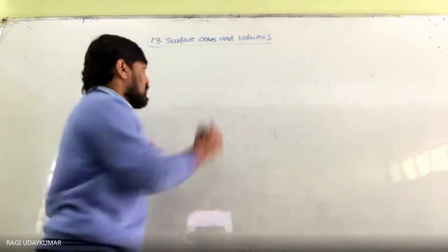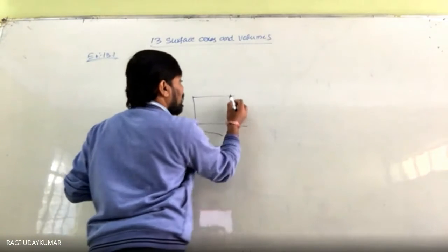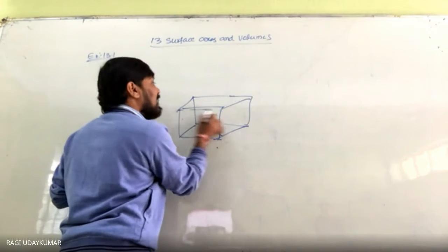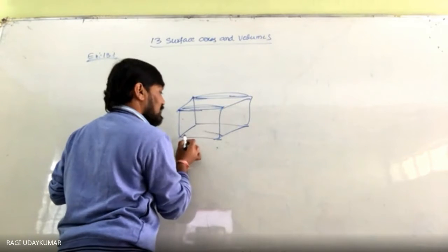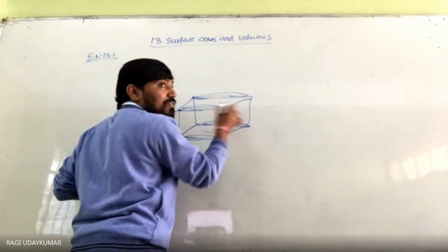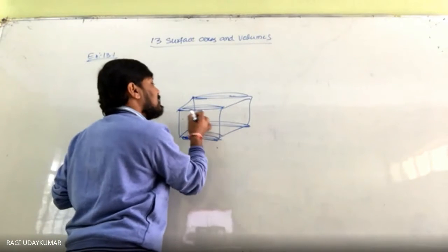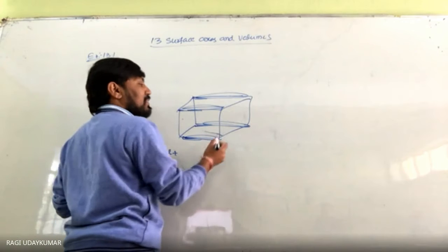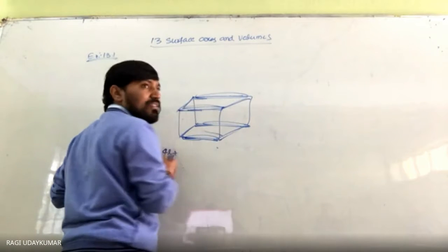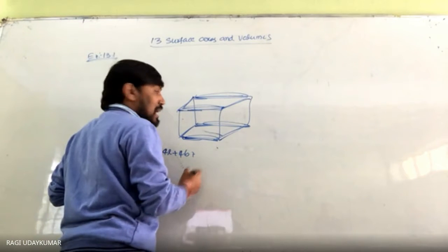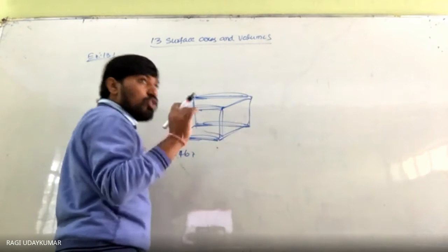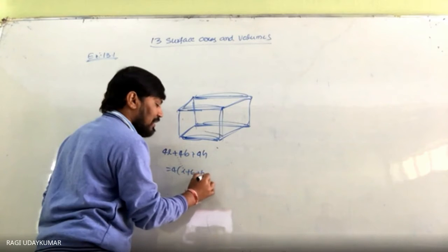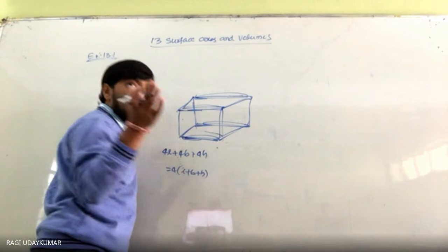Sum of the 12 edges: normally whenever you take a cuboid shape, like this, here a tape will come, here a tape will come, like this everywhere tape. So how many? This is length, this is length, this is length, this is length. So 4 times length, plus breadth: this is breadth, this is breadth, this is breadth, this is breadth, 4 times breadth. And height, 4 heights will be there. Total 12 edges will be there. So 4 into (L plus B plus H). The L, B, H are given to you. Simple answer. So you can do that.